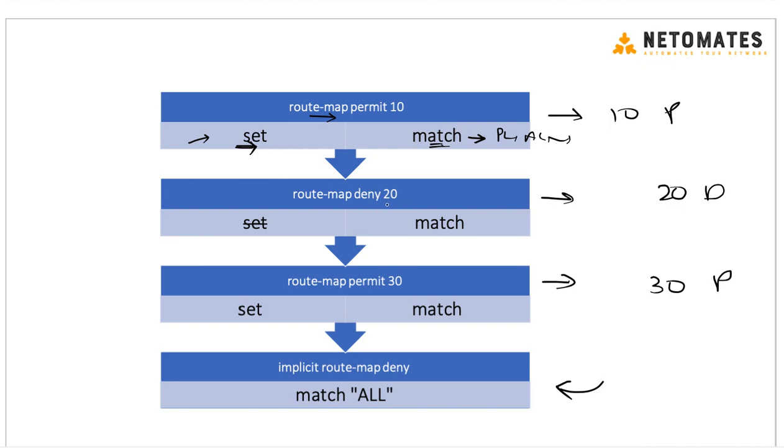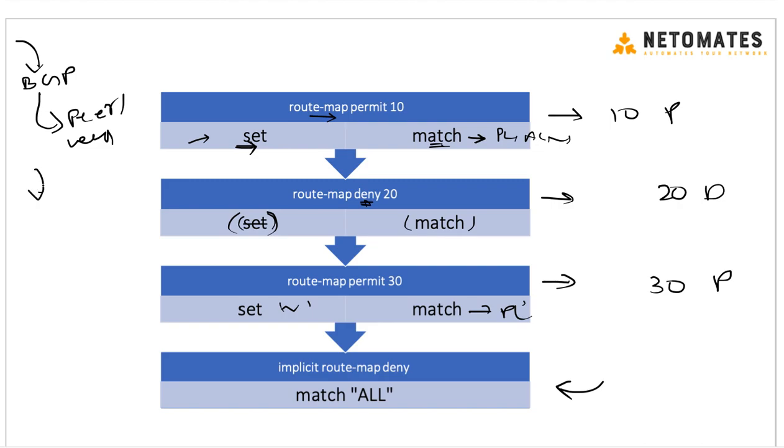Then if you have deny statements, it means you don't want to advertise or process these routes. In this case having a set has no use, because you are not doing anything with these routes. That's why I struck this out. Then you have some other permit statement, and you want to match against some prefix list and set some actions. So each route learned through the BGP process, when it is sent to the peer or neighbor,